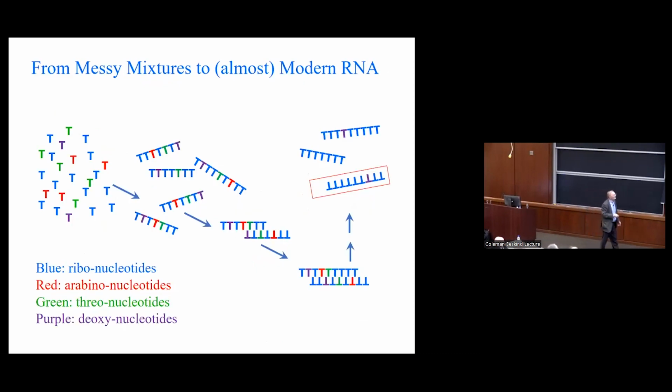Okay, so you put all these experiments together, you get a model like this. This is how we're thinking about it at the moment. We have our nice warm prebiotic pool full of activated nucleotides, very messy mixture of different kinds of nucleotides. They condense to make random sequence short oligos that incorporate this heterogeneity. And I should say, this is also an important step, right?